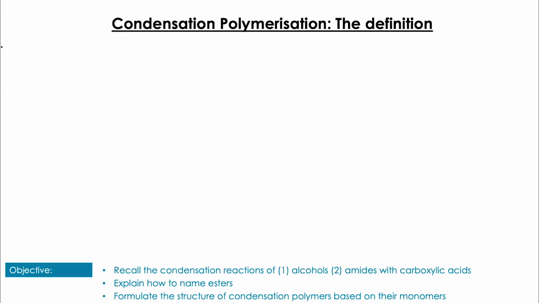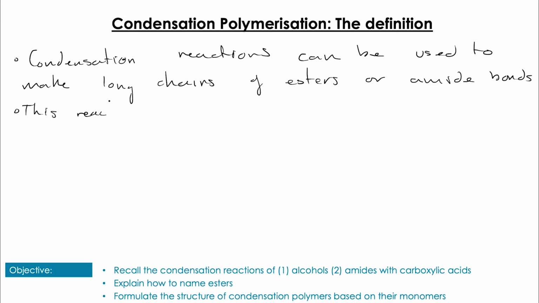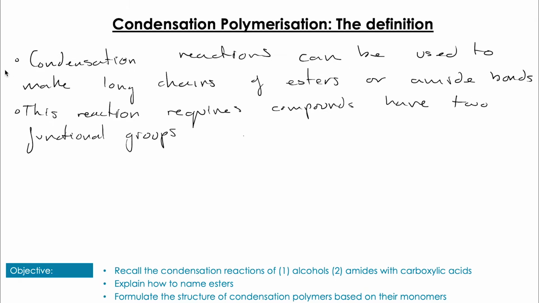So if the monomers actually have the correct structure, these reactions can form polymers through a process called condensation polymerization. What we need, however, is we need molecules that contain two functional groups for this to occur. And this makes sense when we think about it. We're going to need on one side of the molecule the reaction to happen, and on the other side of the molecule the reaction to happen to be able to join and continually add more monomers to the chain, forming